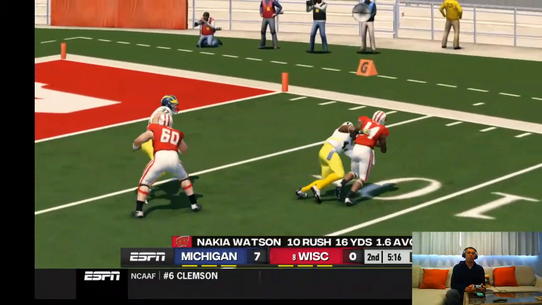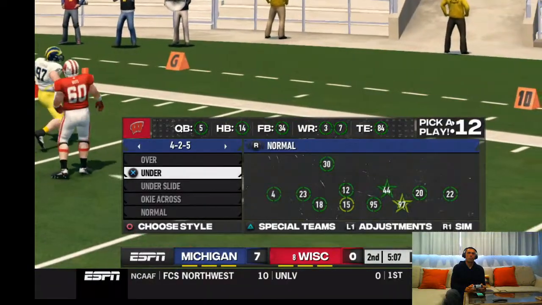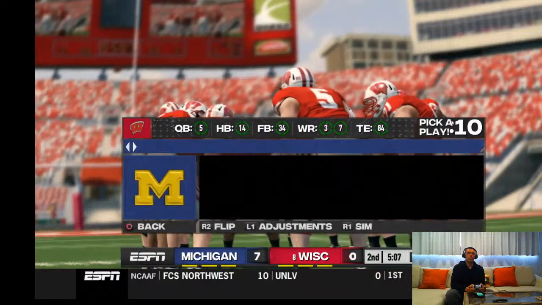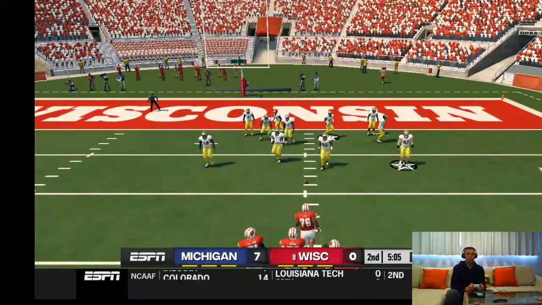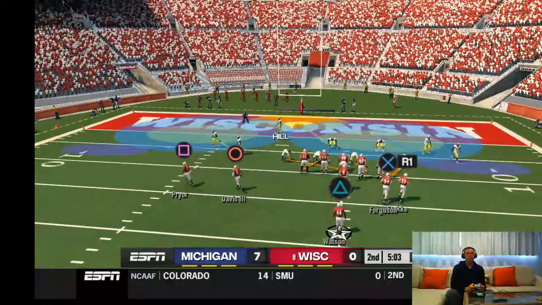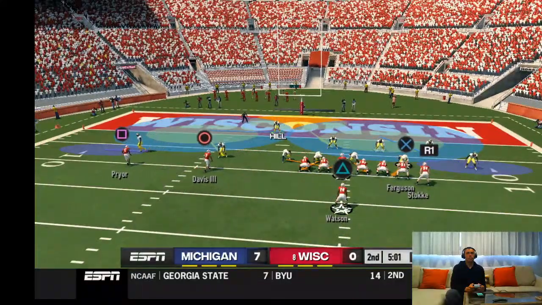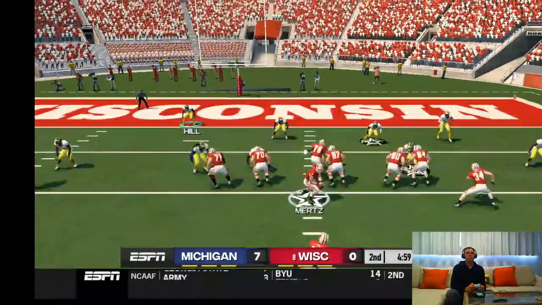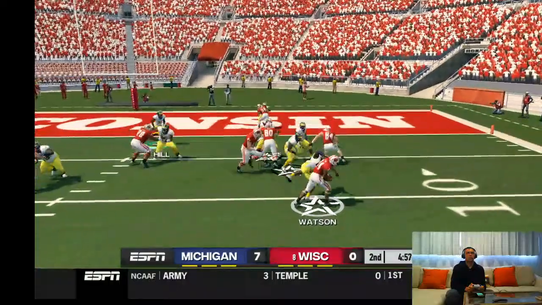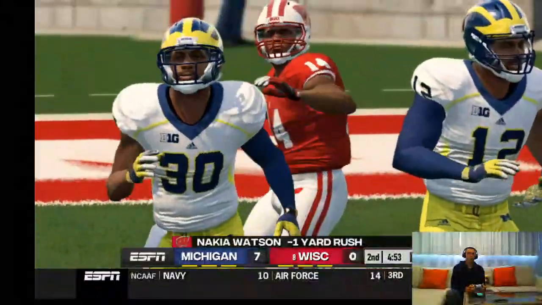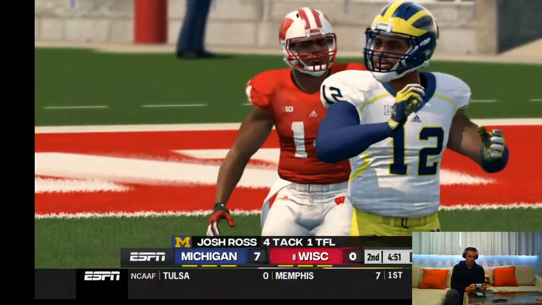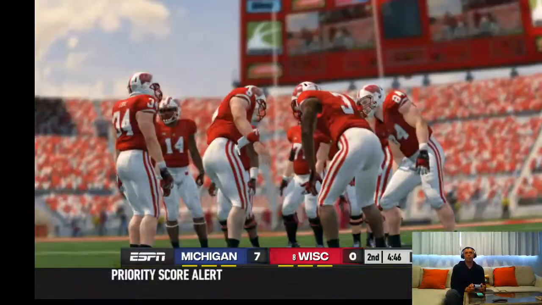That brings up 2nd and goal. Gives it right side. That was just smash mouth, helmet to chin football by the defensive line there. They dominated the point of attack.